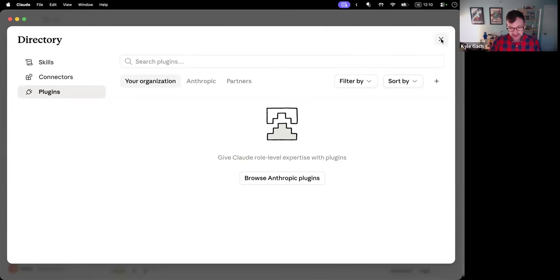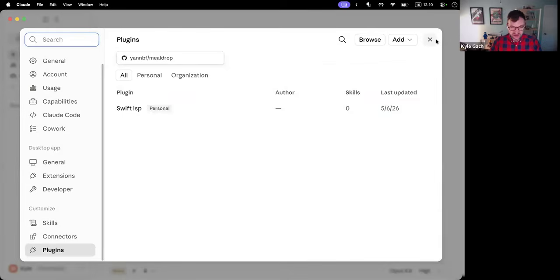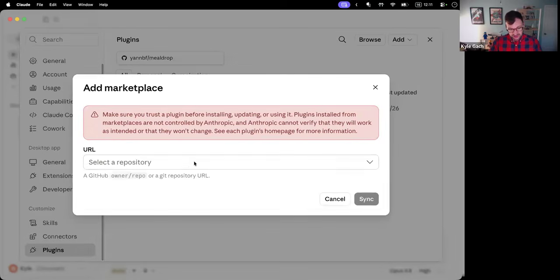I'll be honest, Claude's desktop app is pretty clunky. You're going to see like 4 different ways that it shows plugins and marketplaces and things. But that's what we have to deal with. Okay, so I opened up in Claude Desktop, I opened up the settings and I went to plugins here. And then I'm going to add. And before I can add a plugin, because we're not in the official marketplace yet, we want to make sure things are a little more settled before we do that. So while it's experimental, we actually have our own marketplace. And to do that,